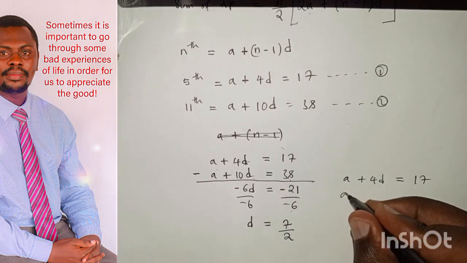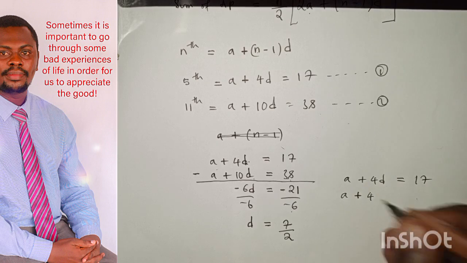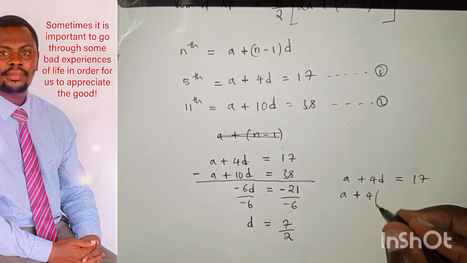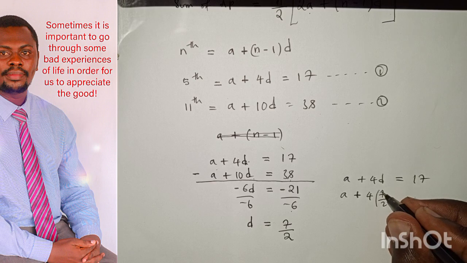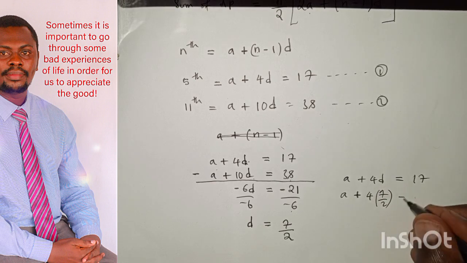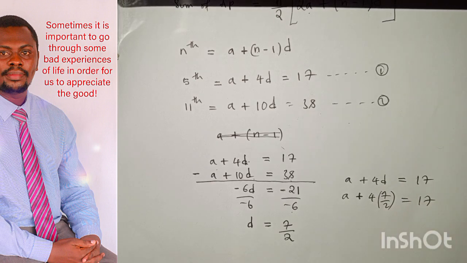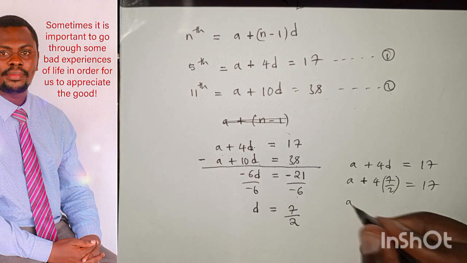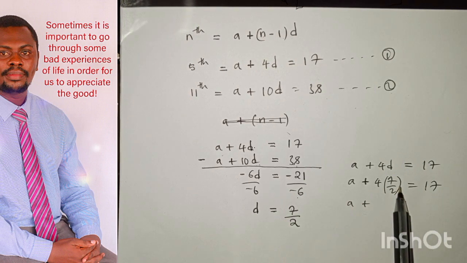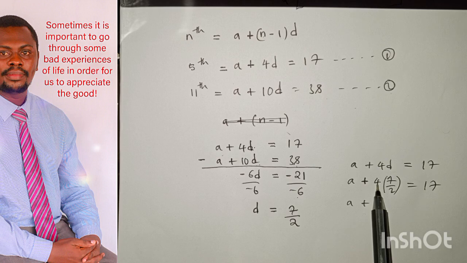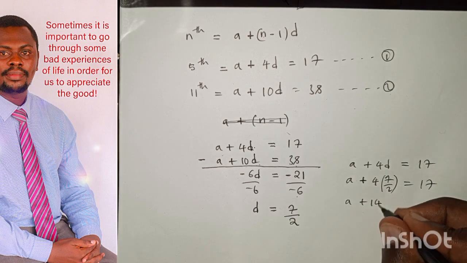So we have A plus 4 times 7 over 2 is equal to 17. And you say A plus, 2 in 4 is 2. 2 times 7 is what? 14. So A plus 14